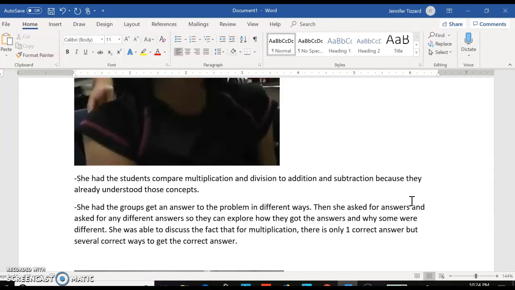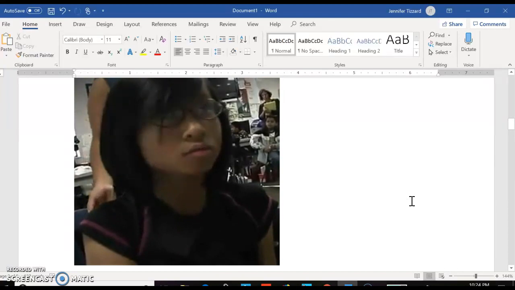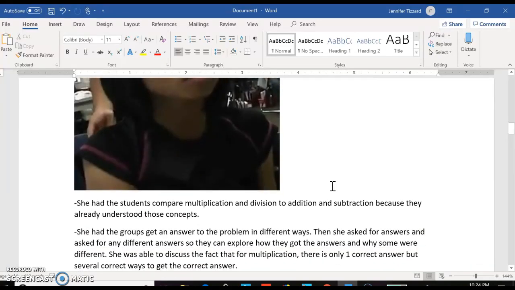concepts. But the subtraction, when they did the reflection at the end, the subtraction didn't seem to really fit. They were thinking subtraction, but really what this girl said, it was like multiplication. This girl right here, she said it was like multiplication, and she was able to say the connection between how multiplication and division are opposite of each other, but the fact families are the same. Just like adding and subtracting are opposite of each other, but the fact family is the